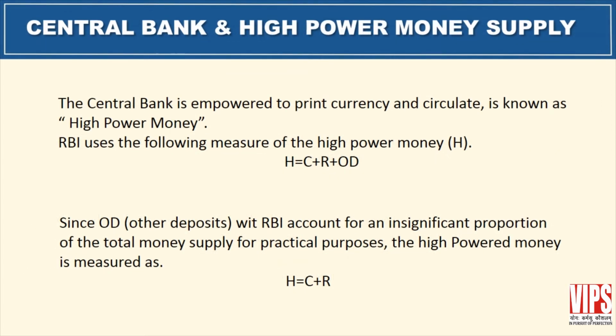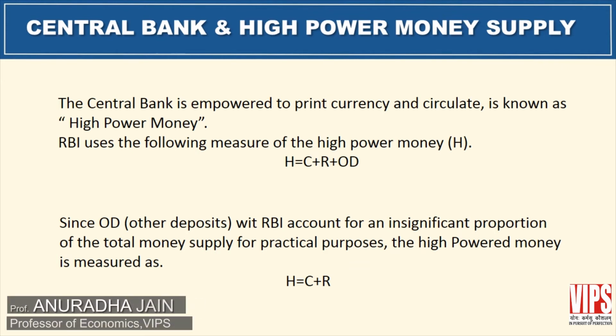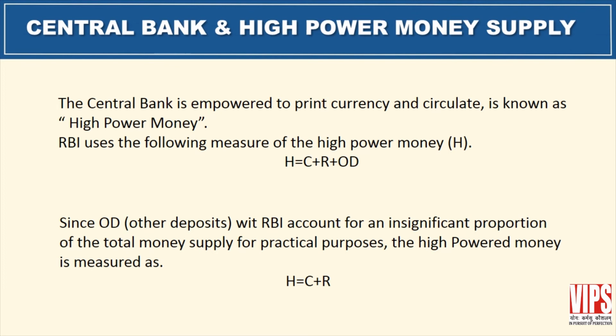As mentioned earlier, the central bank of any country is empowered to print and mint currency, and the currency circulated by the central bank is known as high powered money because it is generally backed by gold and foreign exchange reserves and its value is guaranteed by the government. The currency issued by the central bank is in fact a liability of the central bank and the government. So in general, this liability must be backed by an equal value of assets consisting mainly of gold and foreign exchange reserves, especially high power foreign currencies.